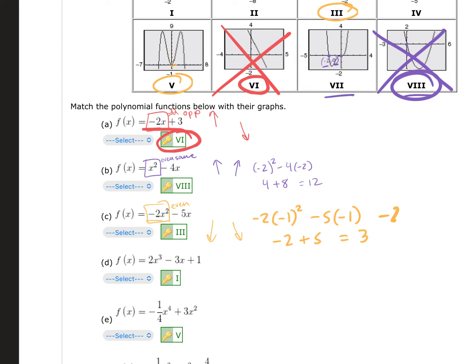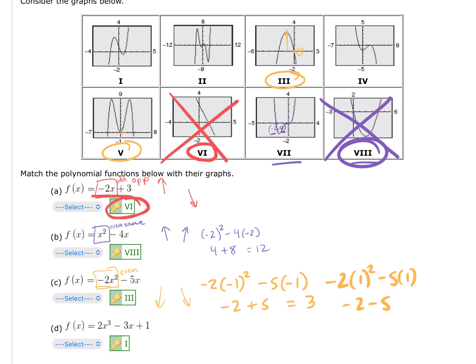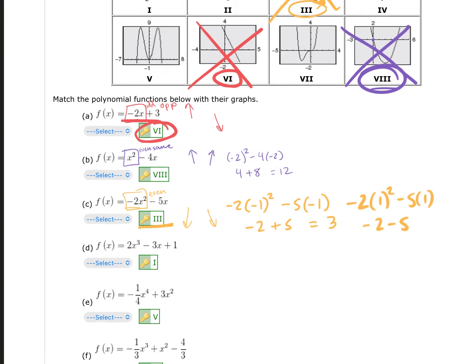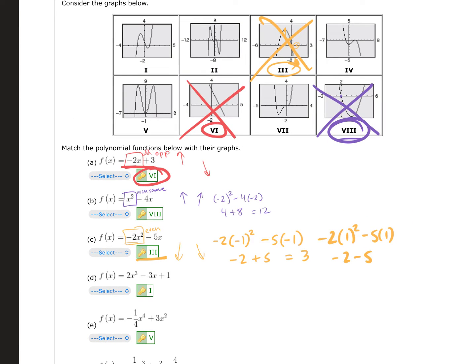So if I plug in +1, I have -2 times 1 squared minus 5 times 1. So -2 minus 5 would be -7, which means that it has to be 3, because that would be off of our graph down here. -7 would be here, which is not on our graph. So we would say 3. If I can cross that one off. So for these, it's kind of just process of elimination. Now that I eliminated some that are similar,